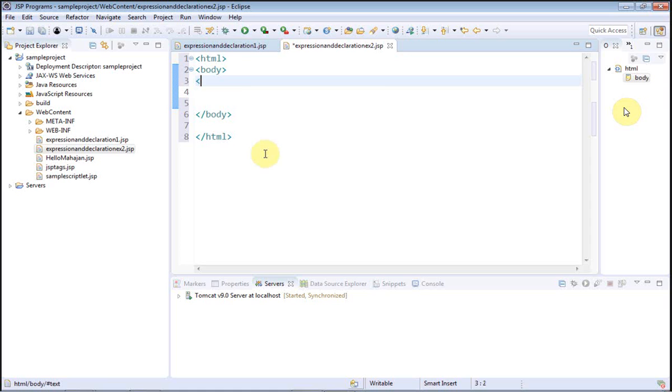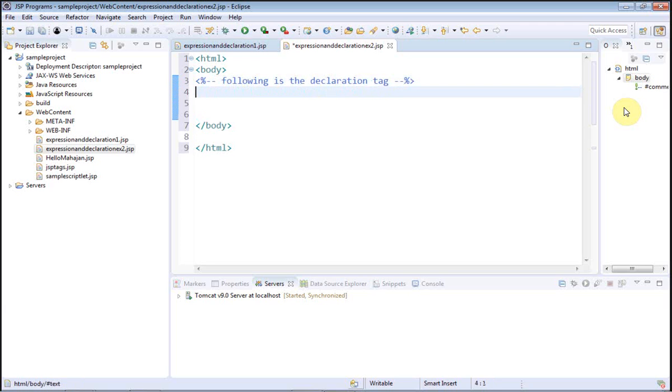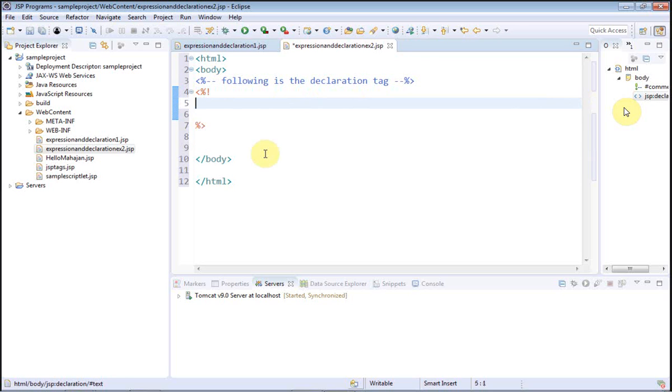Let me give the comment: following is the declaration tag. So I'm going to declare a function again, and this is the function which will calculate and return the simple interest. So our declaration tag starts with percentile exclamation symbol,